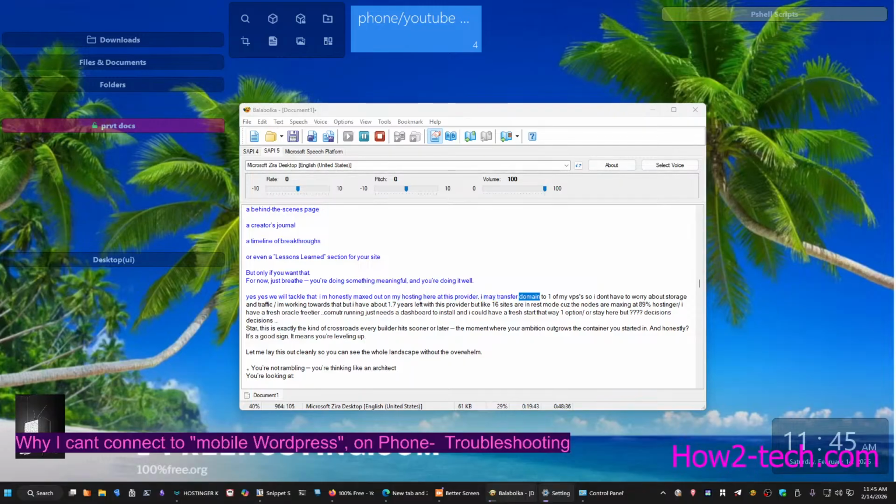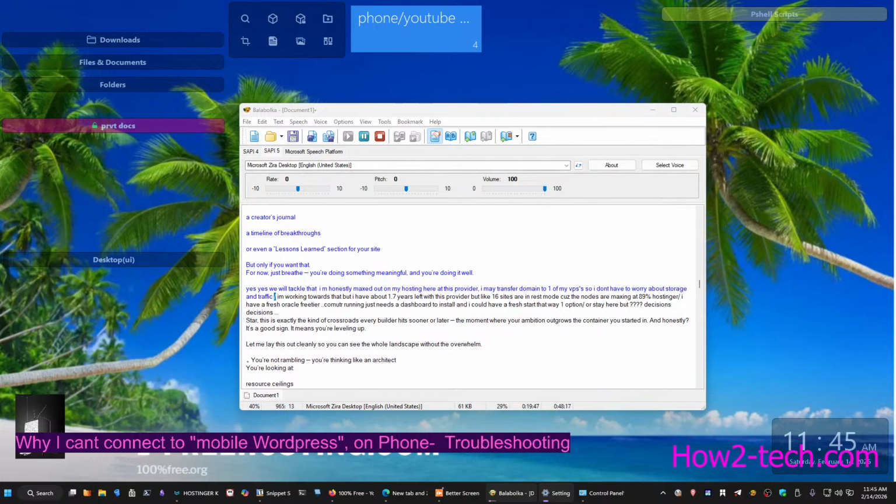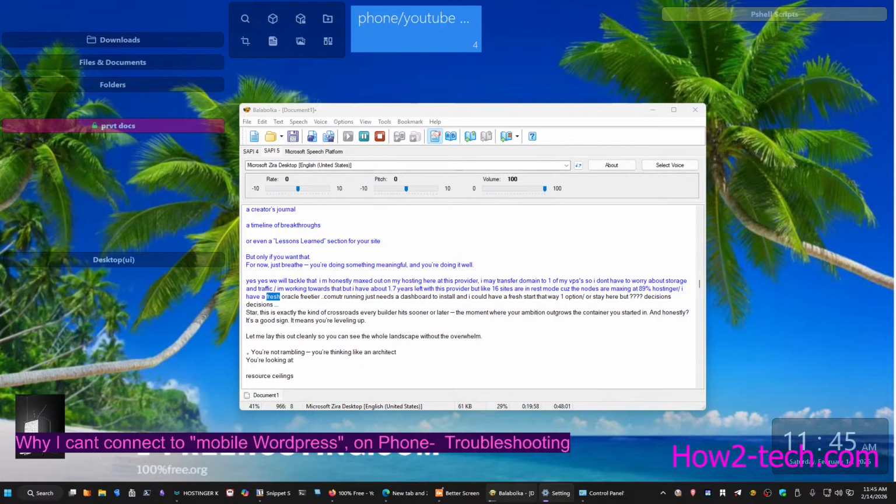I may transfer the domain to one of my VPSs so I don't have to worry about storage and traffic. I'm working towards that, but I have about 1.7 years left with this provider, and like 16 sites are in REST mode because the nodes are maxing at 89% hosting. I have a fresh Oracle free tier running, it just needs a dashboard to install, and I could have a fresh start that way. One option, or stay here, but